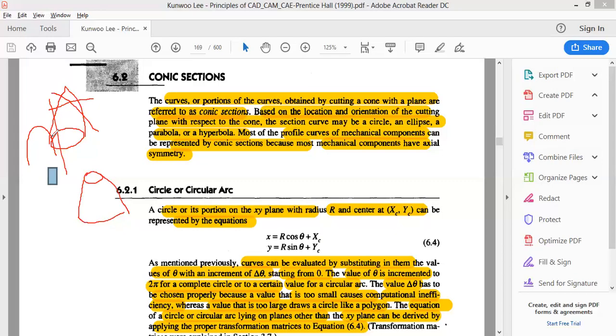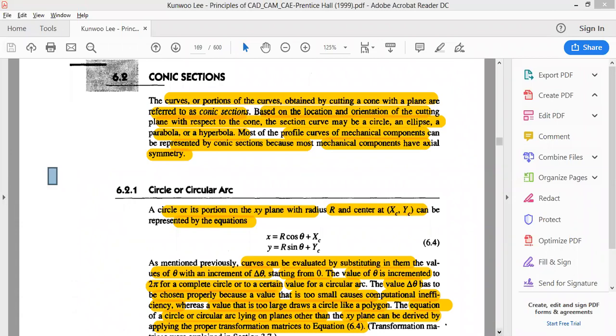Okay, and these are the primary equations used to represent these curves, which is very helpful to get the drawings either in wireframe mode, surface modeling, or solid modeling, wherever we have curved surfaces. Okay, right. So the first thing that we'll be looking into is the circle, because that is the simplest form.